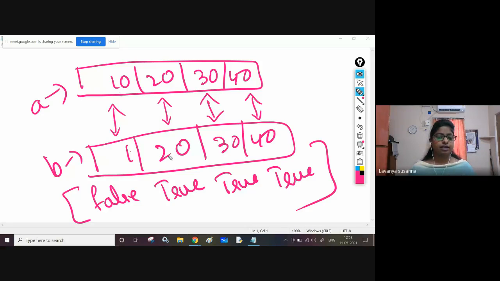A Boolean array you will get. This is what we have discussed.